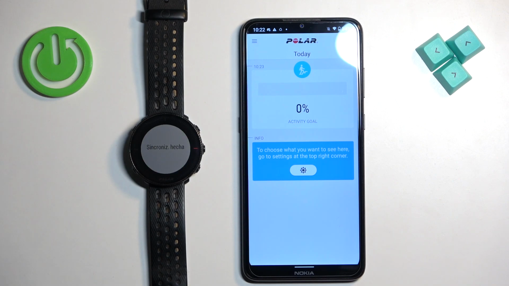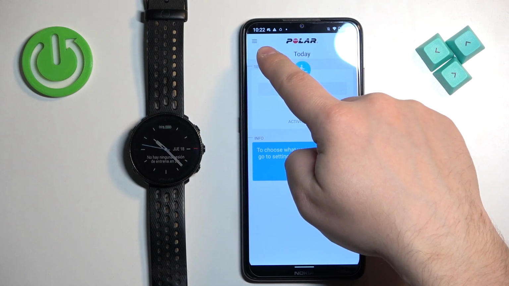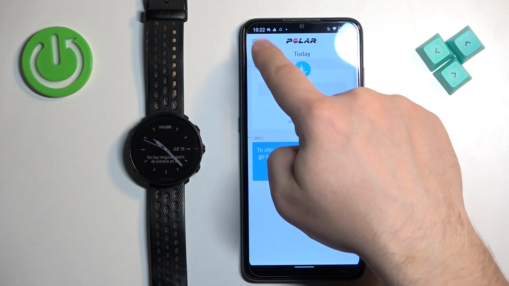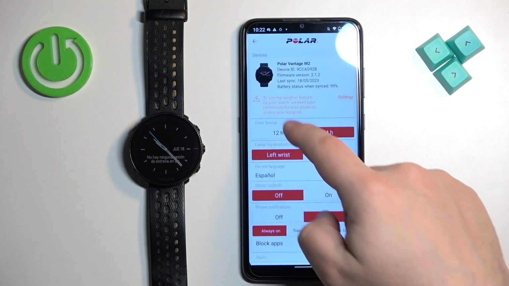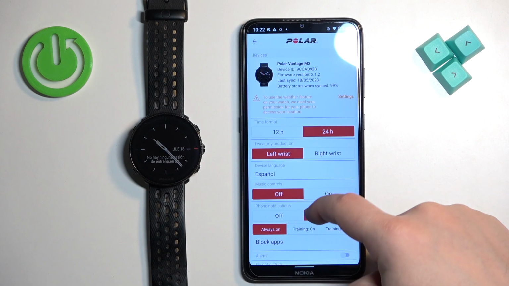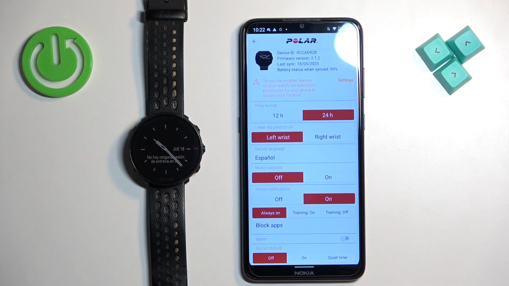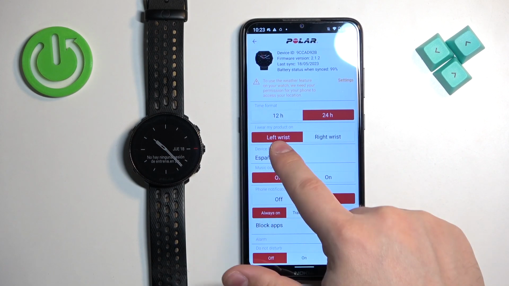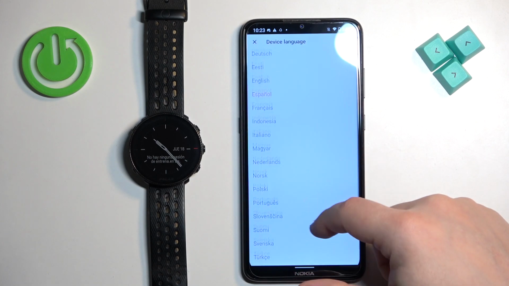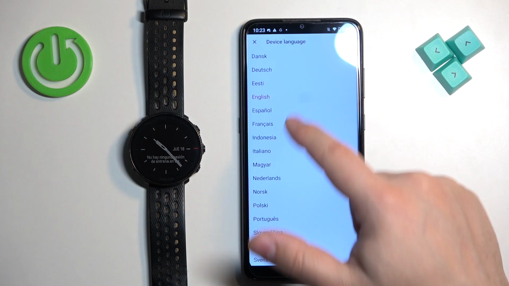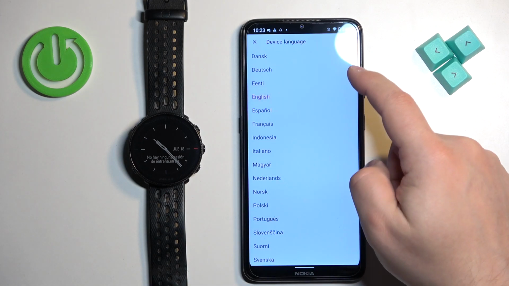Okay, and once it's done syncing, we can open the menu by tapping on More Options icon, tap on Devices, and you should see your Polar Vantage M2 right here. As you can see, we have the option called Device Language. We can tap on it. It will open the list of languages. We can scroll through the list, find the language we want to use, and then we can tap on Done